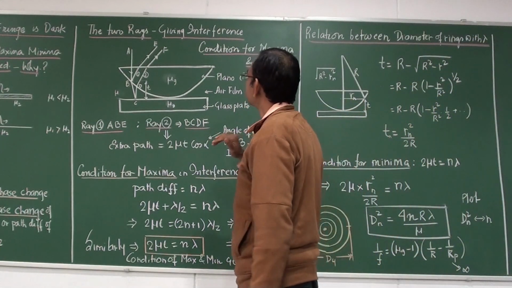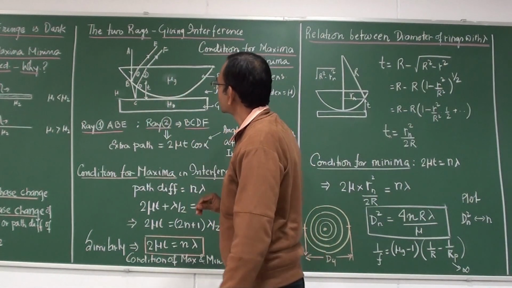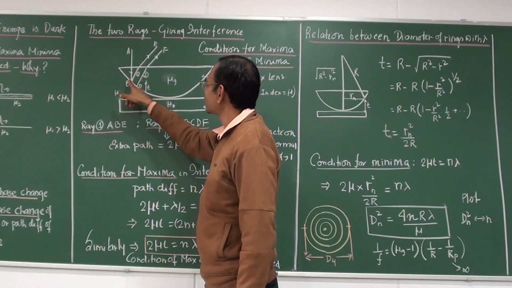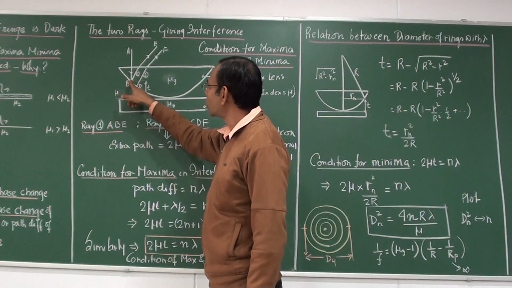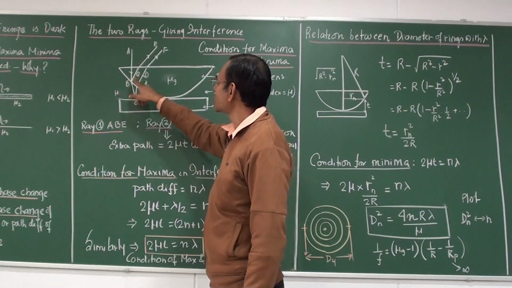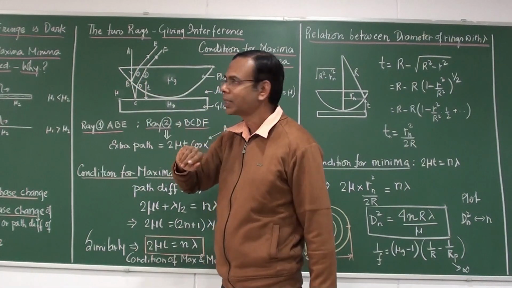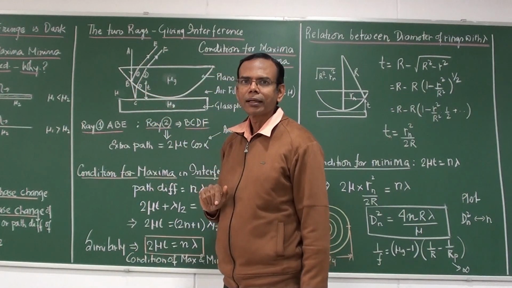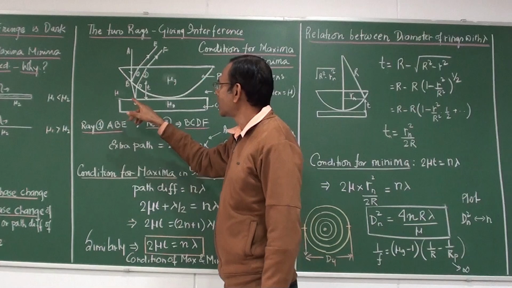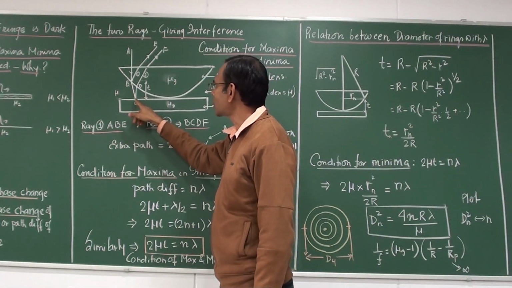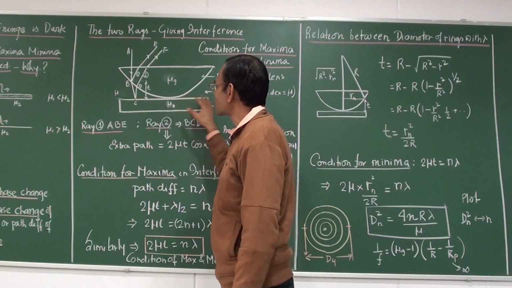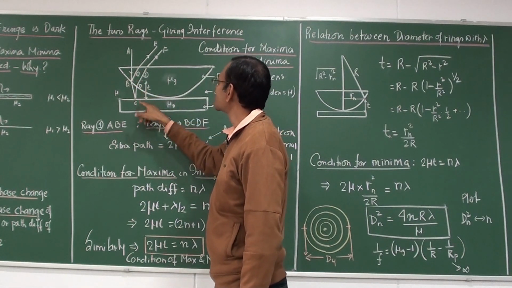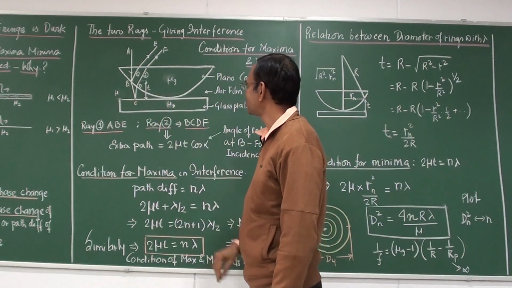Okay, let us see the two rays in a clearly expanded view. This is the parallel beam of light getting reflected from the lower surface of the plano-convex lens. This ray is mentioned as 1, that is your ray ABE. A part of the ray, after undergoing refraction, gets reflected from the upper surface of the glass plate. This particular ray is your ray 2, that means A, B, C and E, ray 2.